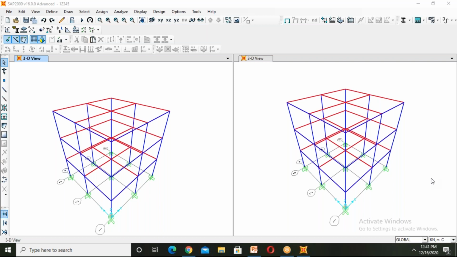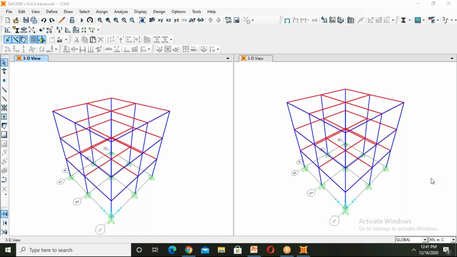And you can go through all the data, all the menu bar, all the sections. If you practice, then you can create your own structure. You can create your own shape of structure using SAP, if you're interested.